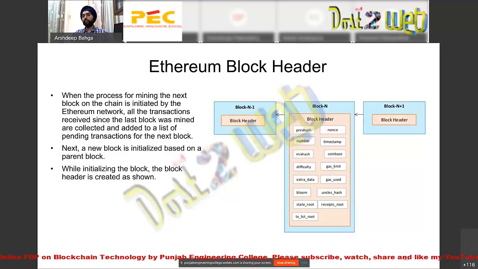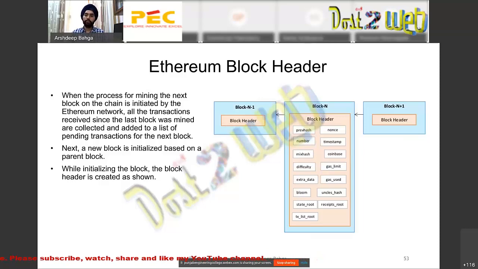Then all the receipts of the transactions: when a transaction is processed and validated, we get the transaction receipt. So we store the root hash of the Merkle tree which stores the transaction receipts on the header. Similarly, the list of transactions is stored in one Merkle tree, and we store the root hash of that Merkle tree within the block header. And also we have a difficulty value,